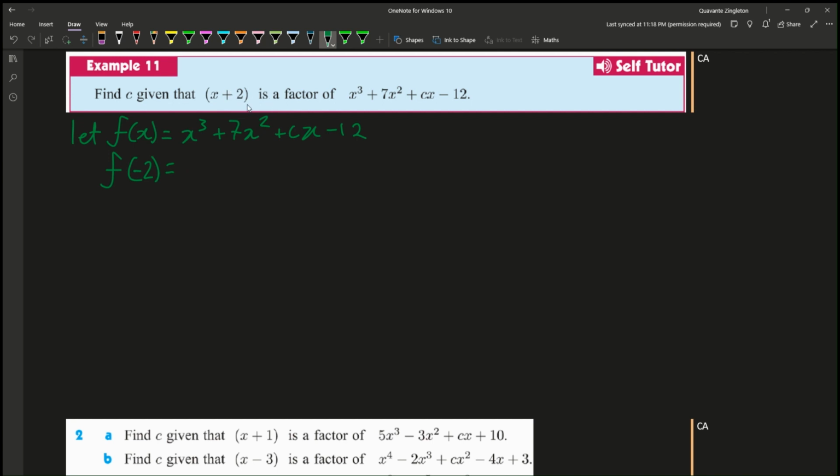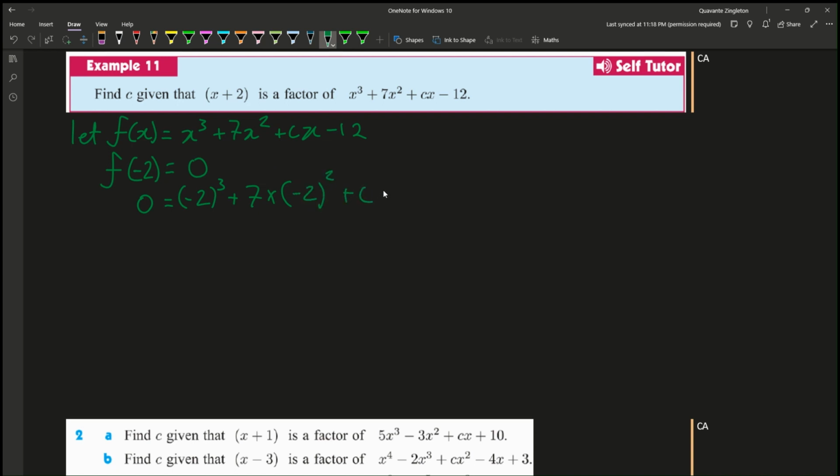Since this is a factor, it should equal 0, meaning there are 0 remainders because it's a complete factor. So f of negative 2 just means whenever there's an x in the equation, I'm replacing that x with negative 2. So 0 equals negative 2 cubed plus 7 times negative 2 squared